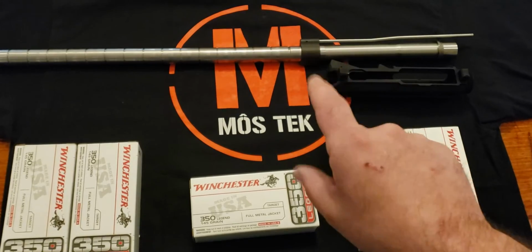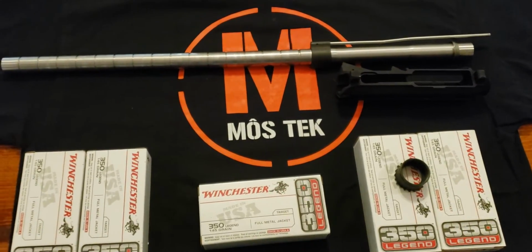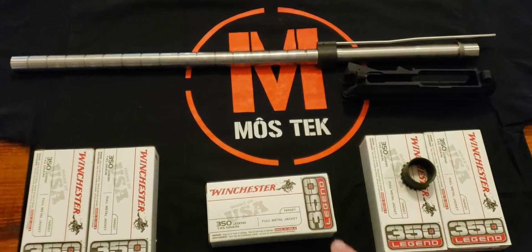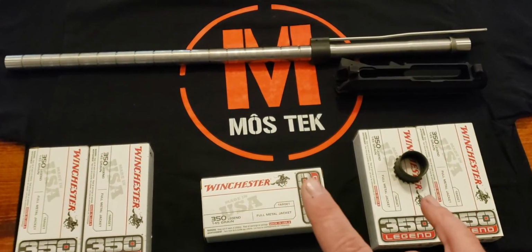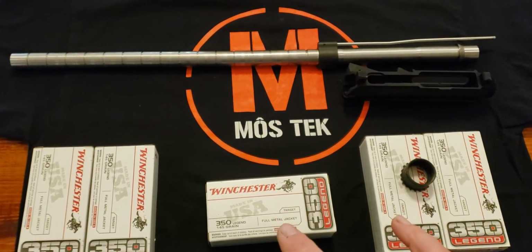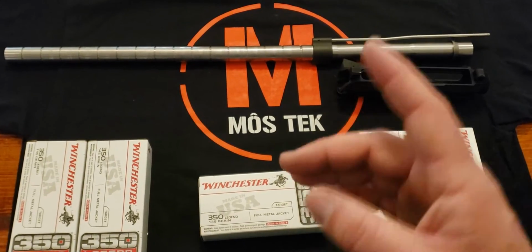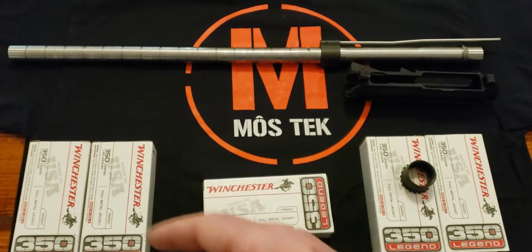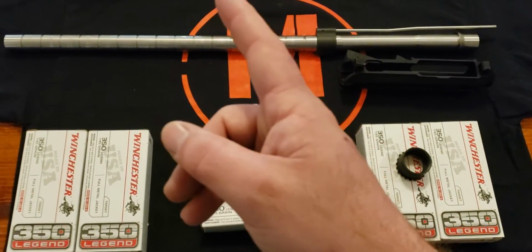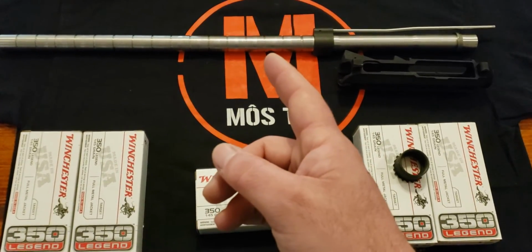This Saturday I'm going to try and get out there and chop this barrel down. I'm going to have a video of it. We're going to be recording it on a chronograph. We're going to be doing everything we can to get this knocked out. We're not going to be doing anything fancy other than just cutting this barrel off, recording velocity loss, and we're going to see how close we can get to this gas block before it